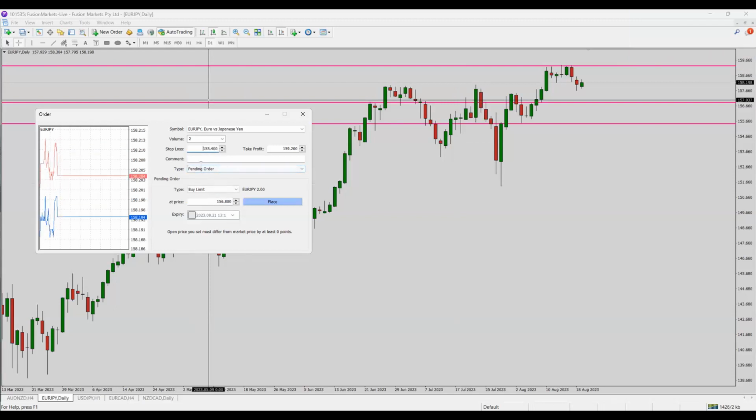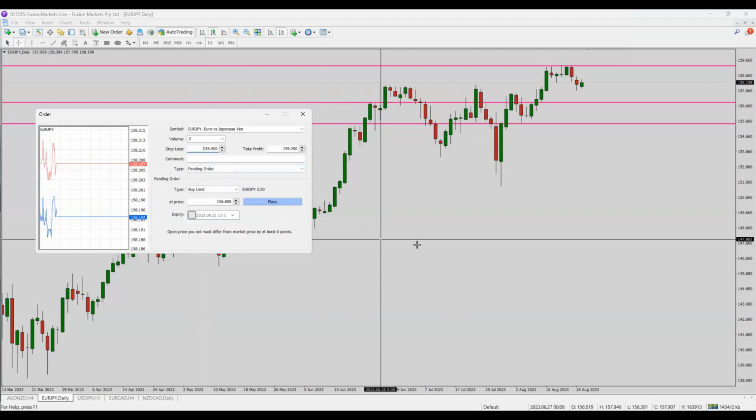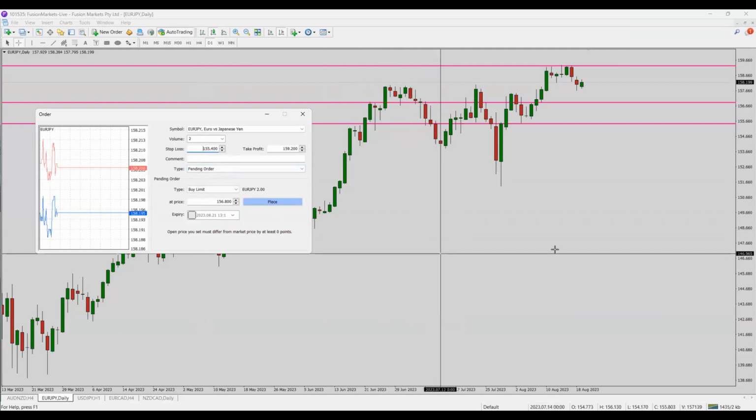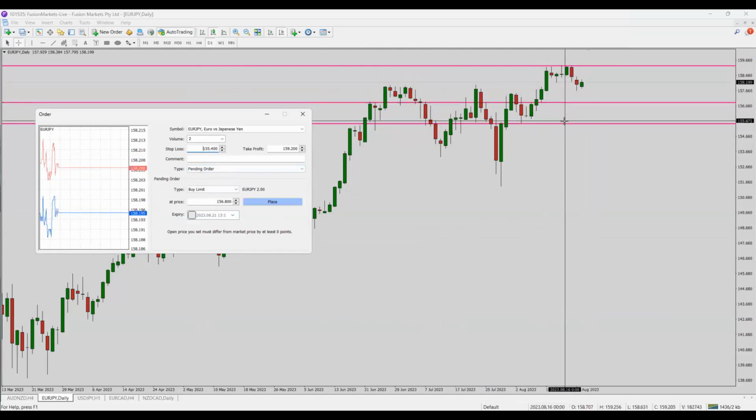Let's say, for example, the difference is about 100 pips, or let's say 80 pips. Your buying price and your stop loss is 80 pips apart.